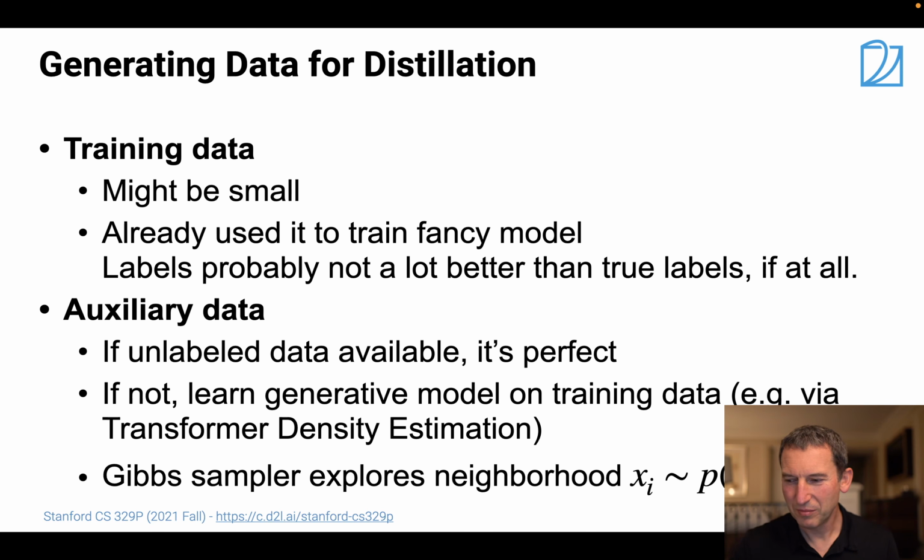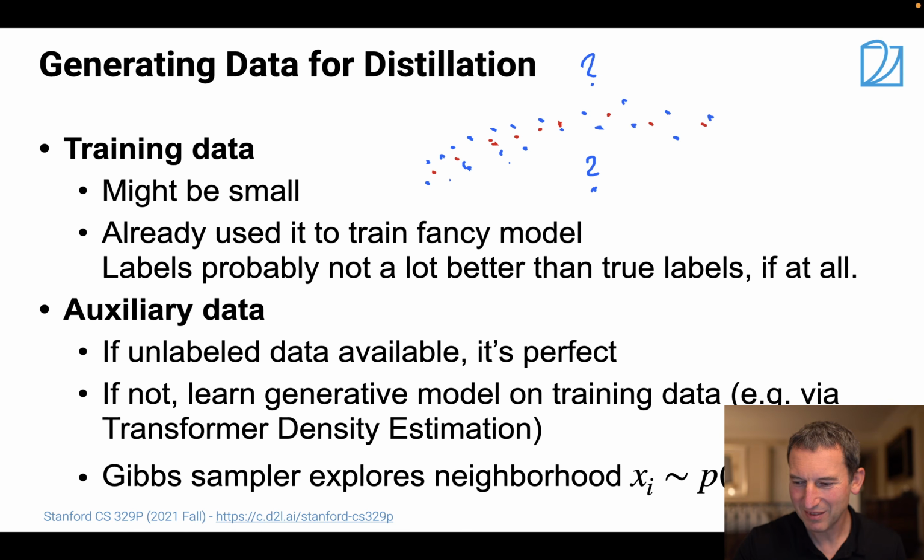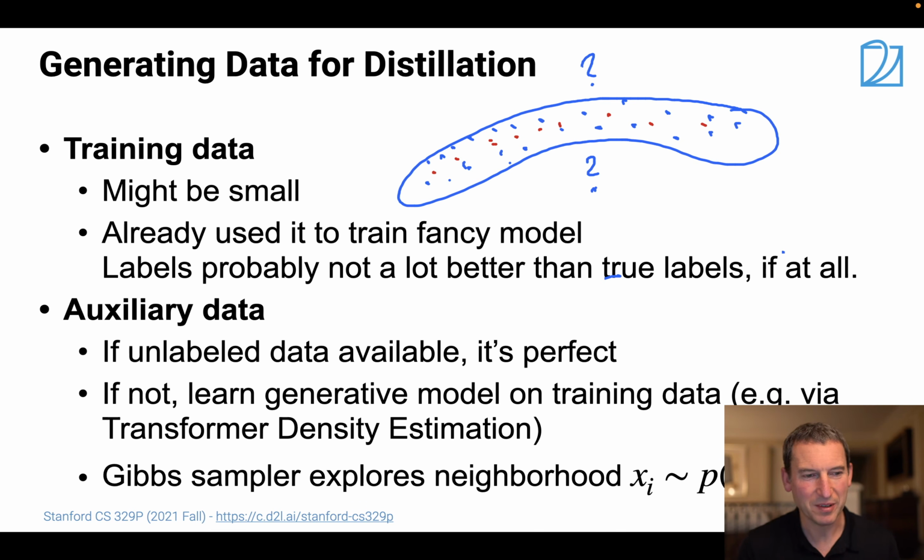When you look at the training data, let's say you get a few data points like so, and you want to train a model, then it's very difficult to figure out, for instance, what might be going on here. But what you can do is sample around the original data to augment the data set. And that more augmented data set works significantly better as a reference to distill from teacher to student. The question is only, how do you get that augmented data set? One way to do it is to simply perform Gibbs